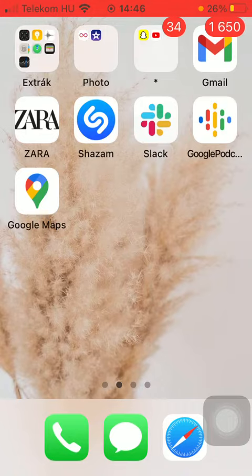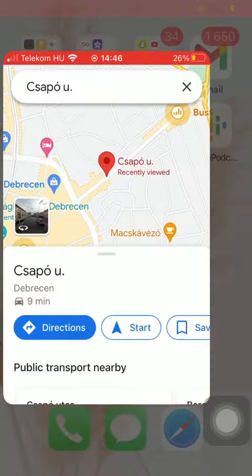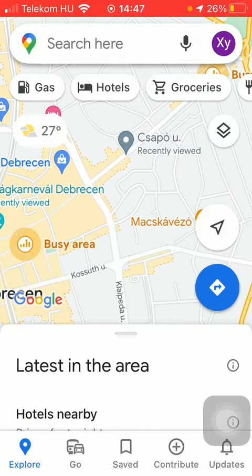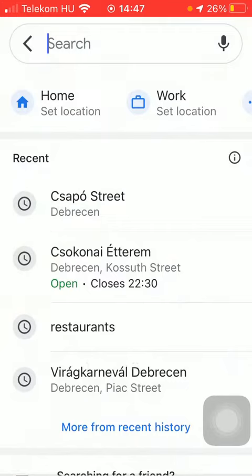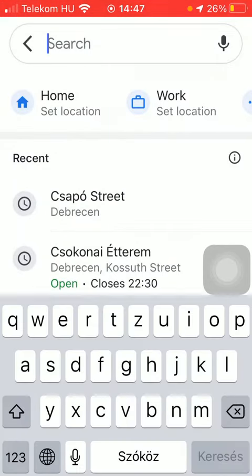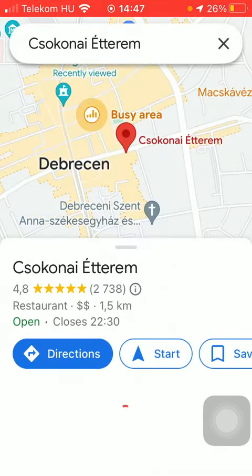So let's jump into it. First of all, open the application on your phone. Then you should tap on the search bar section at the top of the screen, and then you should type in the name of the street or other places that you would like to search for. It can be any kind of